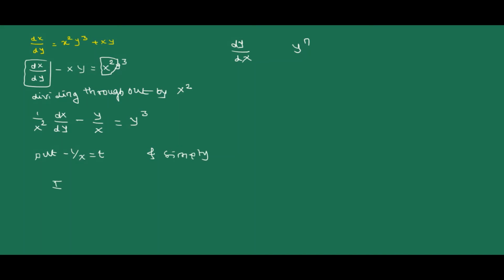You can take integrating factor is equal to e raised to integration of p into dy. Because in case of dy by dx, we are taking e raised to integration of p into dx. So here we can take it is integration of p into dy. Sorry, I have written dx, that is p into dy, because p and q are in terms of y here. So better you can solve this example.